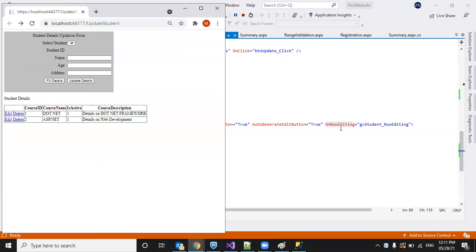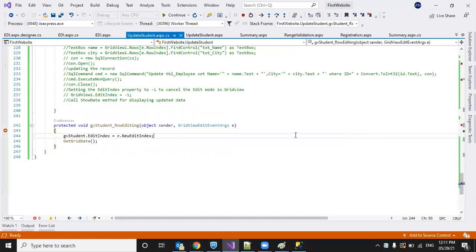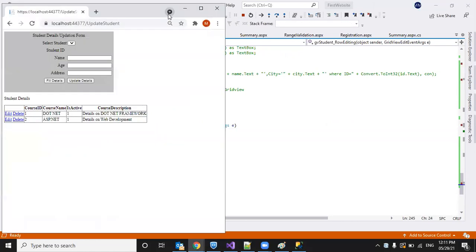I wrote only the row editing event. So to write custom logic, we have to write our own code. When we click edit, we are setting the row into edit mode and getting the data, but we are not binding to controls. It is only displaying just controls. So we have to bind the data.